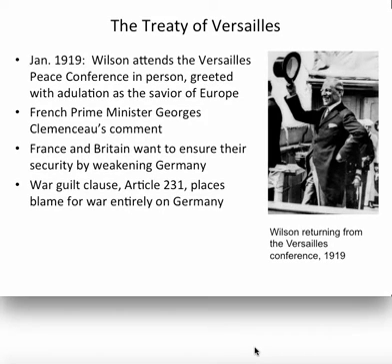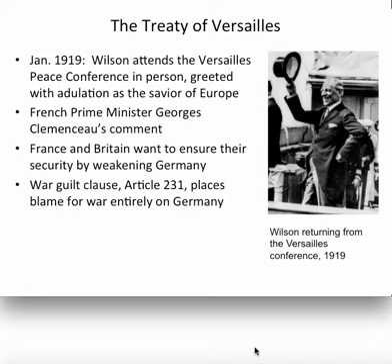And in fact, that idea that Germany had started the war became a key part of the peace treaty. The famous Article 231 of the Treaty of Versailles says that the German Reich, the German Empire, was entirely and totally responsible for the outbreak of World War I. Now, based on what we know about how it came about, I think we can probably all agree that that's